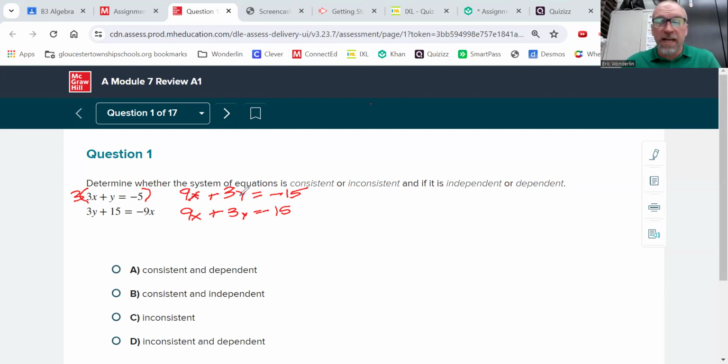And the reason I chose to do just 3 instead of negative 3, I kind of knew ahead of time. I could see it happening. I have two equations that are now the exact same equation. That means they're going to have infinite solutions. That means they're collinear. So what does that mean? Well, if you remember, I have